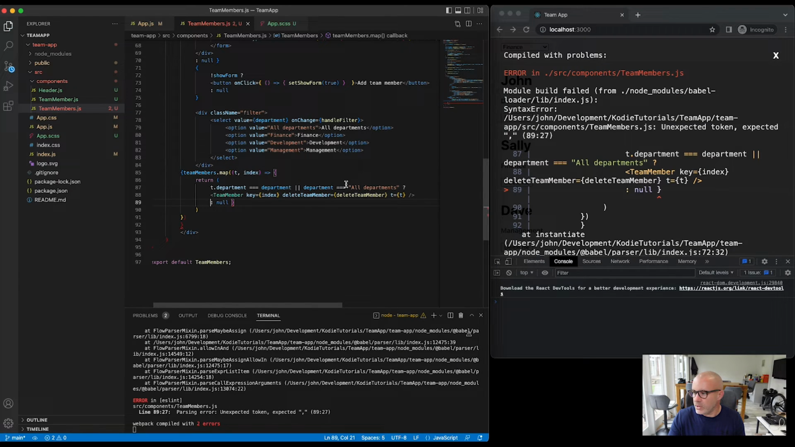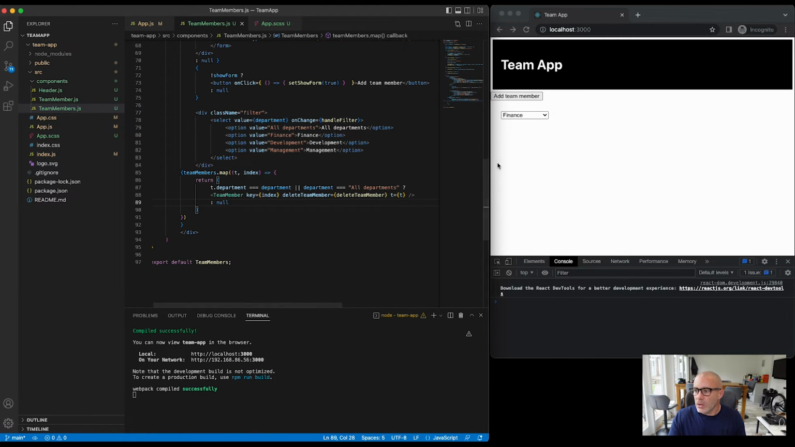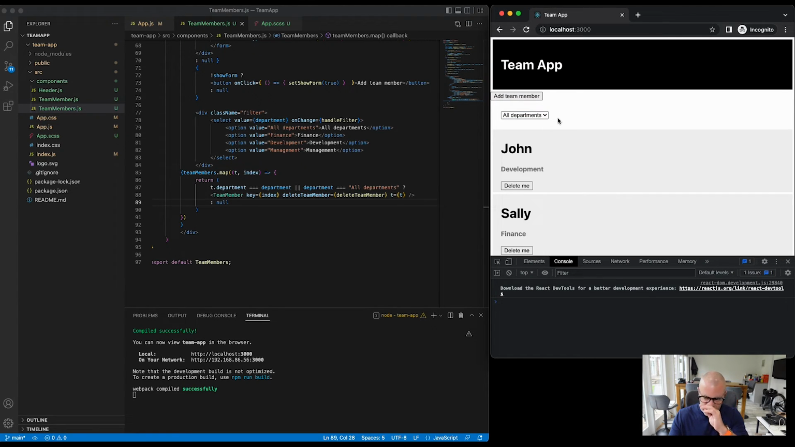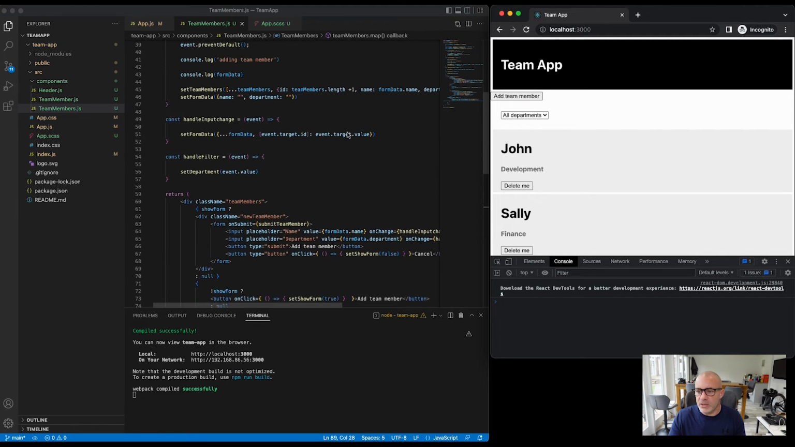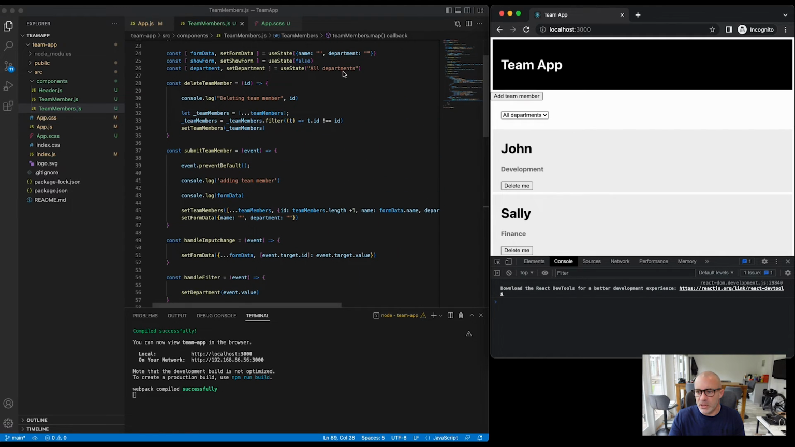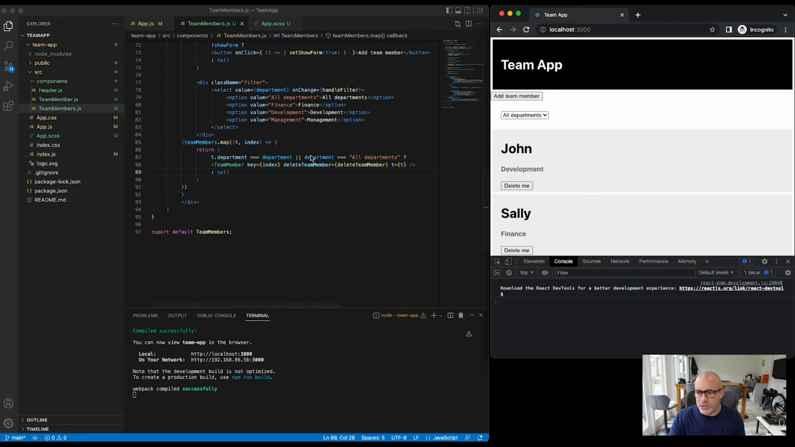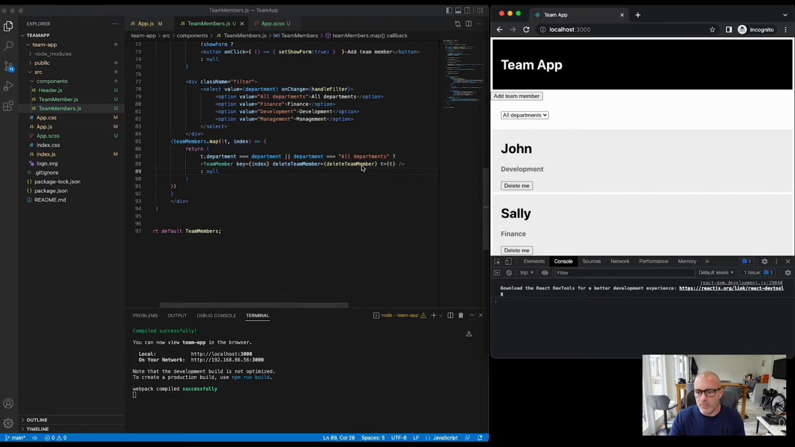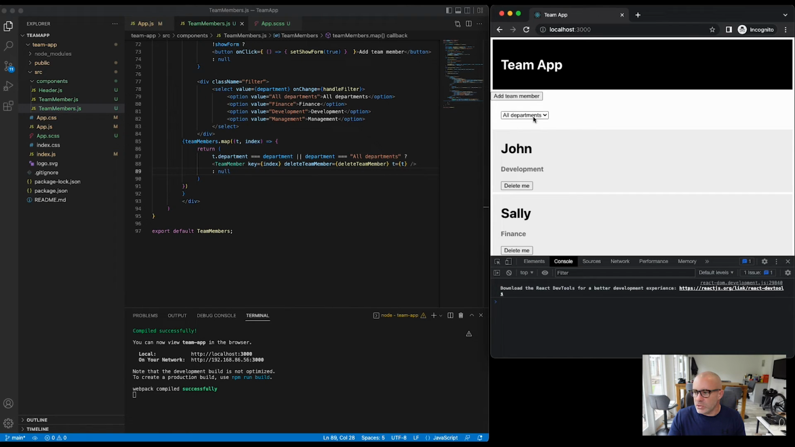In fact, we'll save this and we'll just remove that. Save. We'll remove this. So at the moment, let's go back to all departments. Refresh the page. Right. So now we have all departments as the default department. As you can see, we're setting it here. And because our ternary says if the department is equal to all departments, then just show the team member. But if we change this department to finance, you'll notice everyone disappears. And if we set it to development,